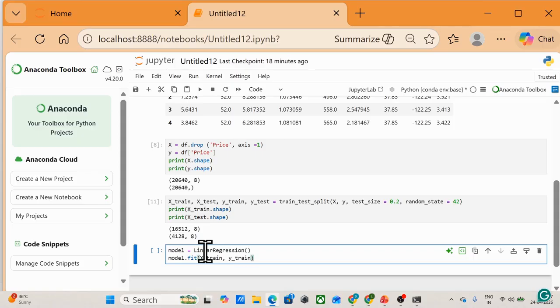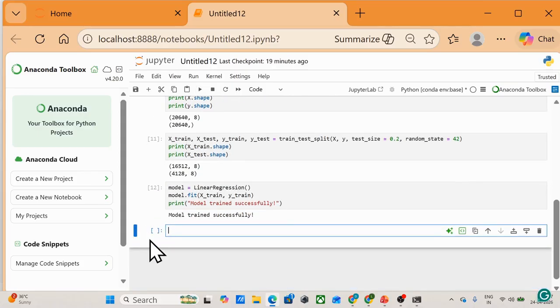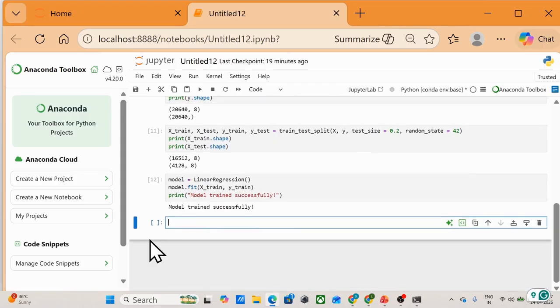And then we'll print that model has been successfully trained. Okay, we'll have an exclamation and then we'll close it. So you see here the model is trained successfully.